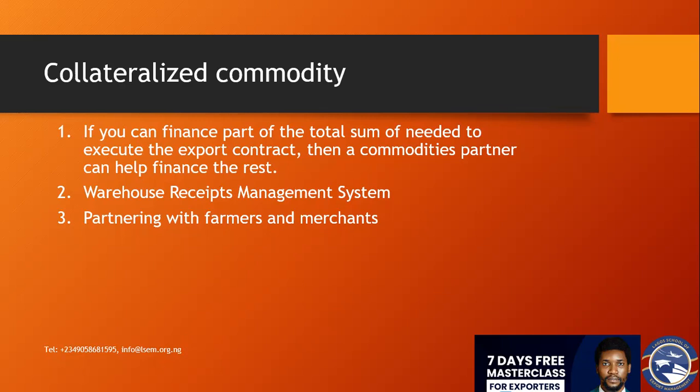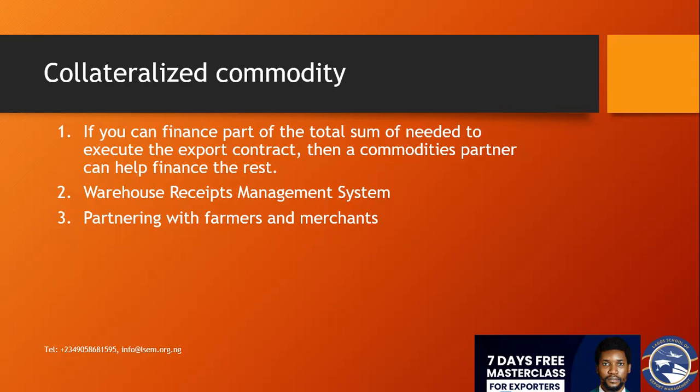Like, okay, if you can buy 30% of the commodity, we'll give you the remaining 70%. So some can split it and say, okay, instead of giving you that 70% hitting your account at once, maybe that 70% is 70 million naira, for instance. They might look at it that if you have that 70 million naira in your account at once,